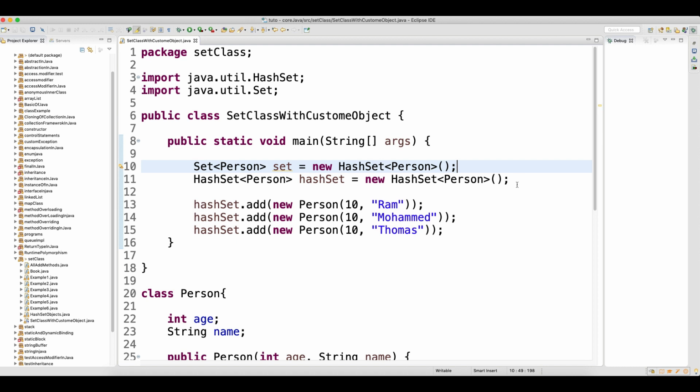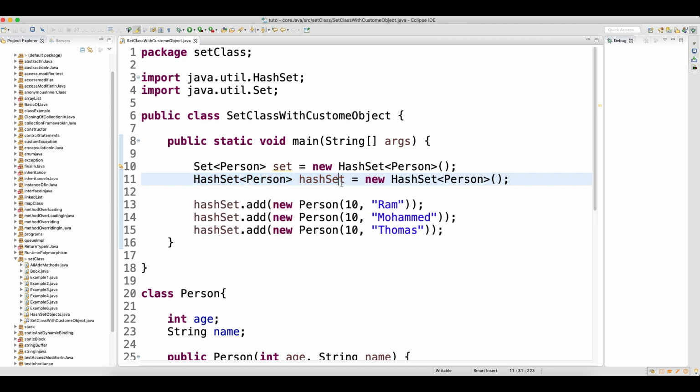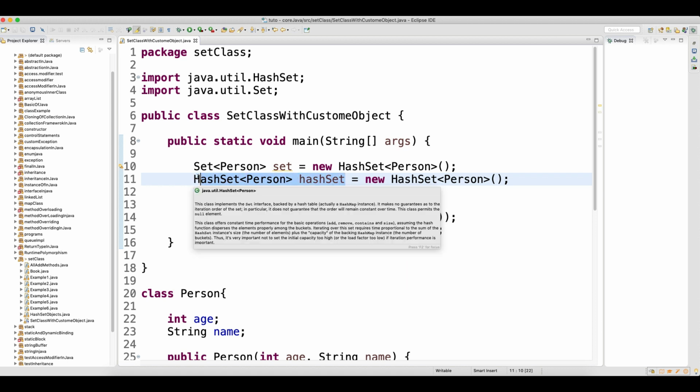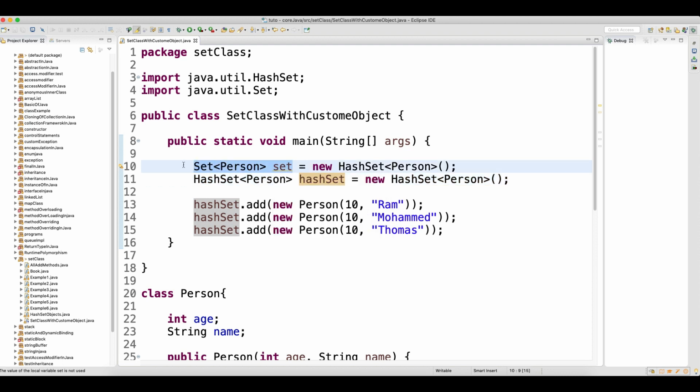So both are fine. In one object I am taking the reference of the parent class, in the other one I am taking the reference of the child class, so both will work fine. The benefit you will get when you make the reference of the child class is that you can use the methods of the child class as well as the methods of the parent class at compile time, because you know that at compile time the method call happens from the reference class.